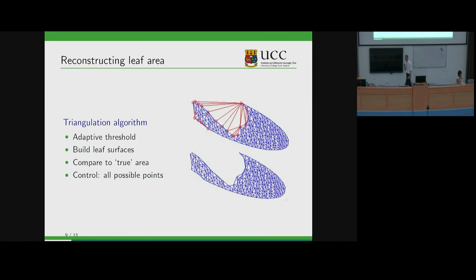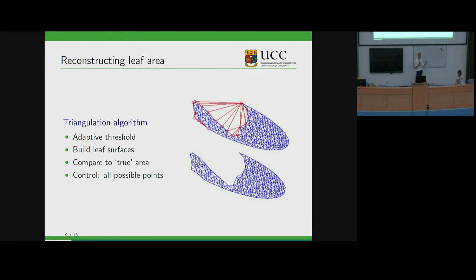In order to get the leaf area together, we stitched the points into surfaces using a triangulation algorithm. This basically takes sets of 3 points that are close together and treats them as a surface, and then for contiguous ones, puts them together to reconstruct a leaf area. This has a threshold parameter so that the triangles don't get too big. If the triangles get too large, then you start linking between leaves and it goes all wrong. So you have to calibrate this with a data set to work out what the right threshold is, but then